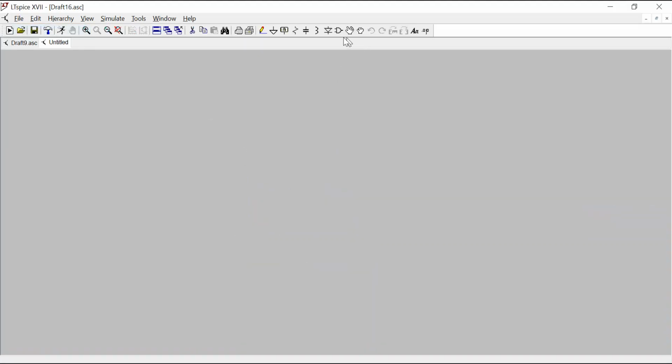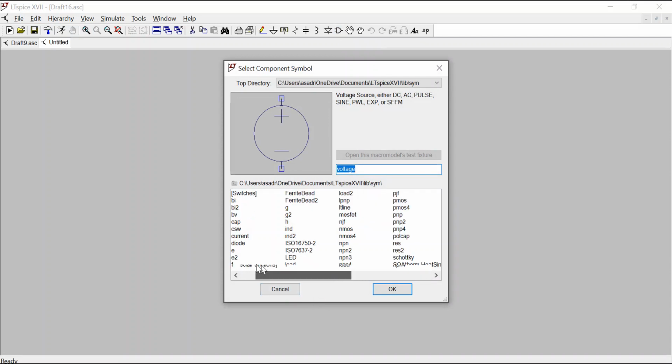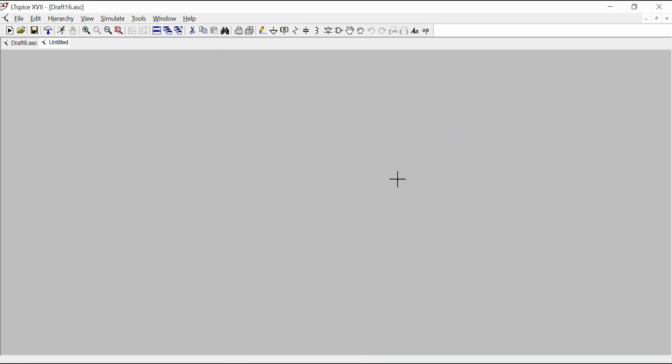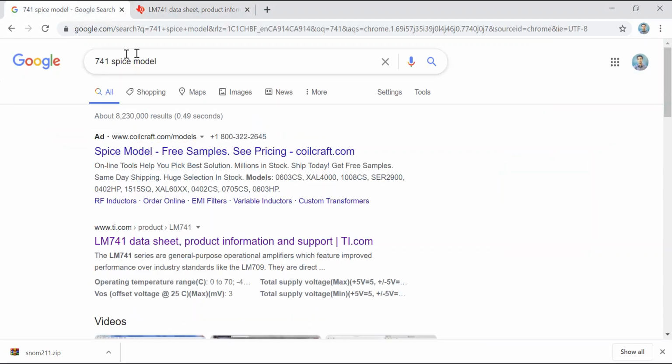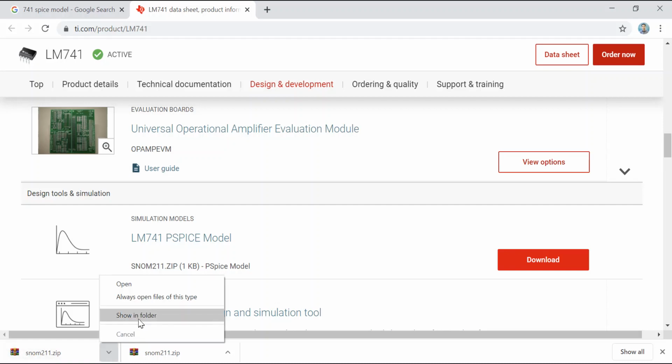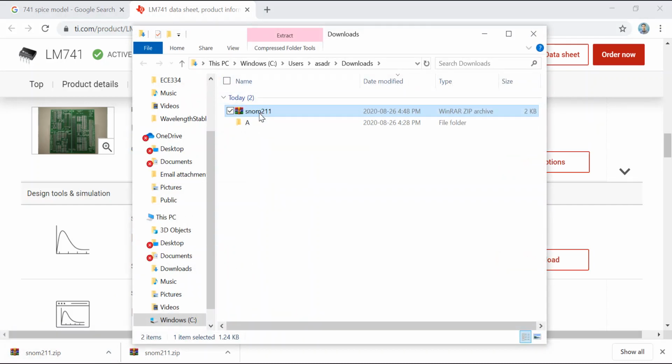And if I go to the component and go to the op-amp parts, you cannot find a model file of 741 op-amp. So what you need to do is to Google it and find it on the web. I have Googled it here, 741 SPICE model, and I found it on Texas Instruments website. If you go to this website, you can simply download it and save it somewhere in your hard drive. If I go to the location and extract the file,